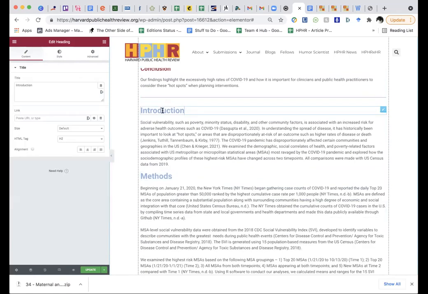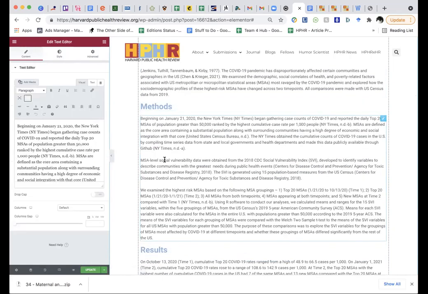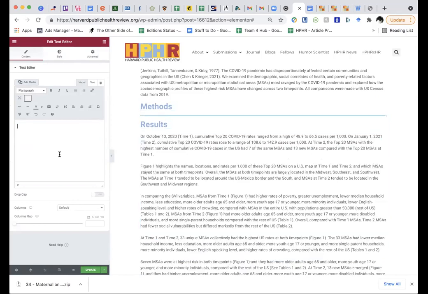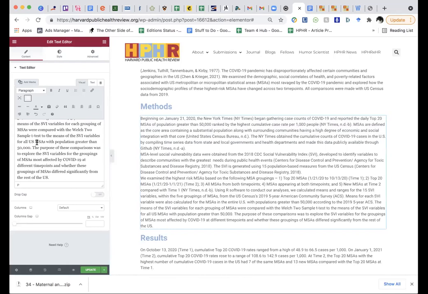So the body of the article is actually fairly easy to lay out, especially if you are just working from an older document, because a lot of the articles that we get start with an introduction, and if it doesn't have one, you just erase it. A lot of them have a methods section, and you just copy and paste it in. Now, one thing I want to show you is this. So here's your text section. You paste in your article.